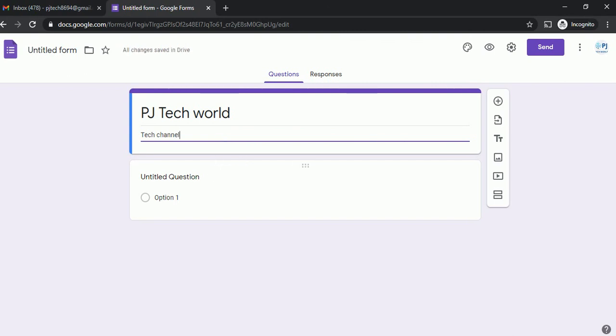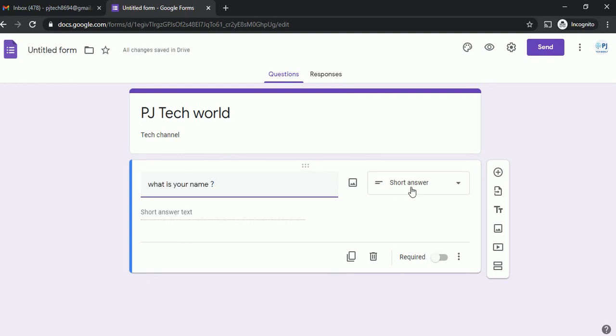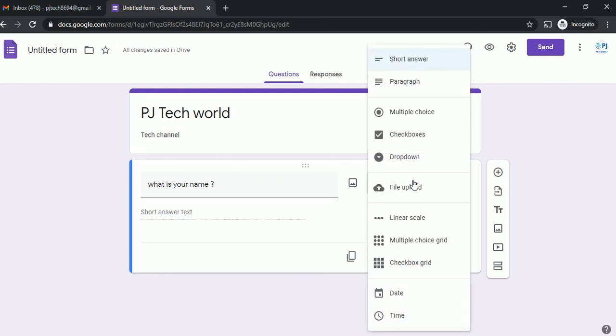And coming to the question part. If you click on this, this is the first question. If you double click on this, you can write what is your name. This is my first question. You can select here whether it is a short answer question or multiple choice question or anything. So this is a name kind of question, so short answer only. I'm keeping it like this, but you can select multiple choice or any type of answer you like. So I'm going with short answer,